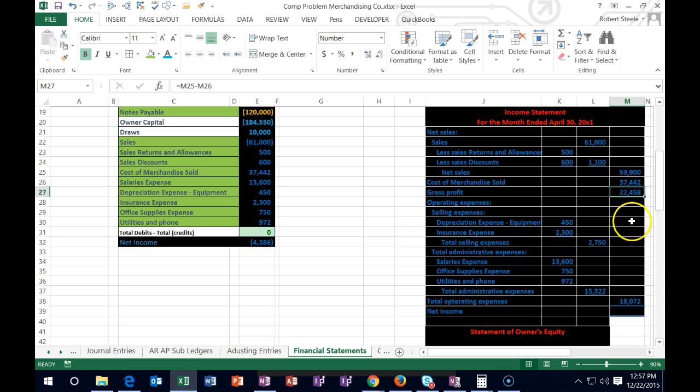So we're just going to do something with these two numbers, and we're going to take that gross profit, which is the sales less the cost of goods sold minus all the other expenses, which in this case is that 1872. So we're going to say this equals this number, the gross profit